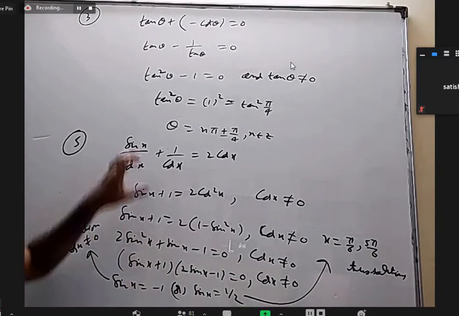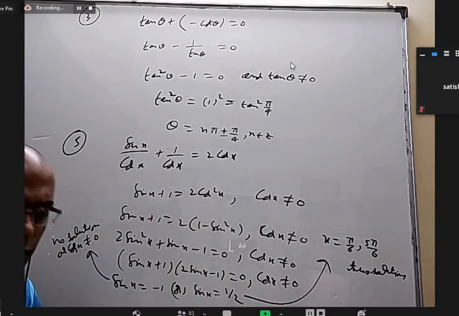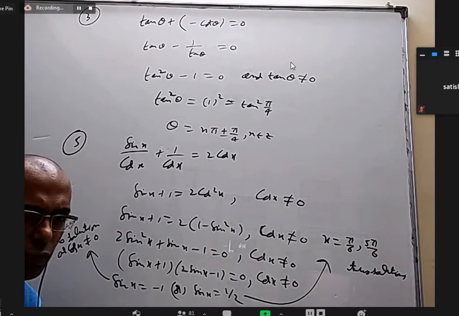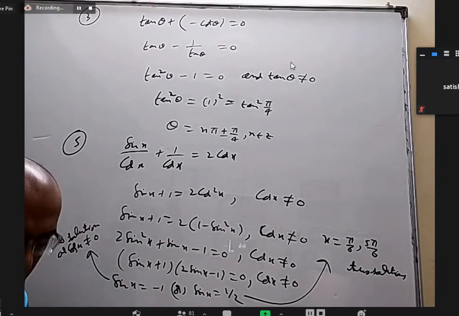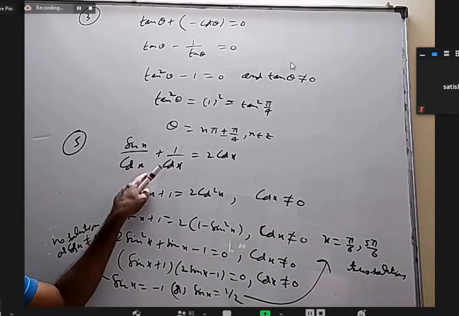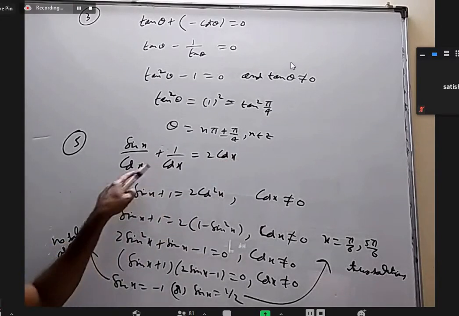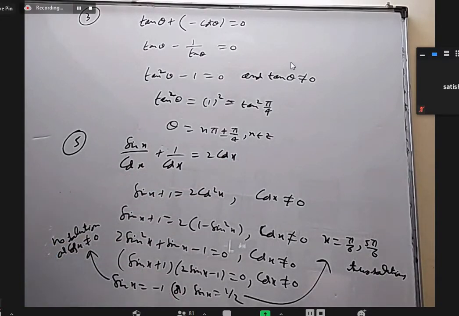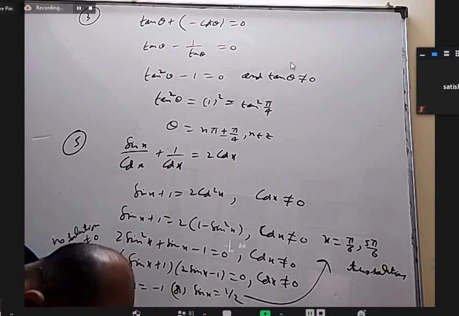Main thing is anywhere secant x is there or tan x is there, or cosecant x is there, cot x is there, we should make sure that they should not be undefined, or if they write in a ratio, denominator should not be 0. For that matter, anytime you have something in the denominator, you are sending to that side, that equal to 0 should be avoided. Otherwise, it will not be defined.